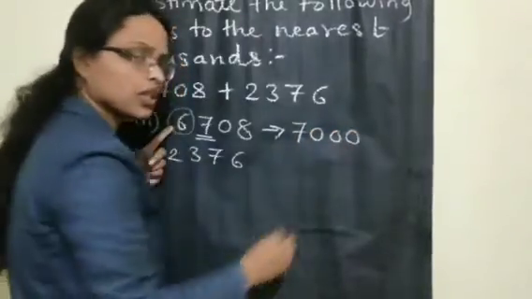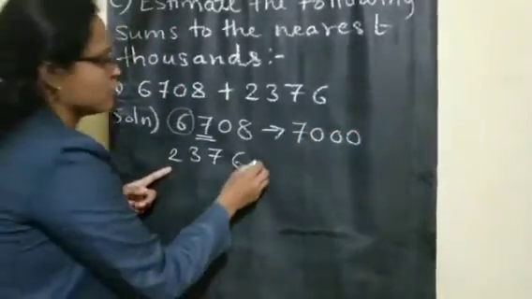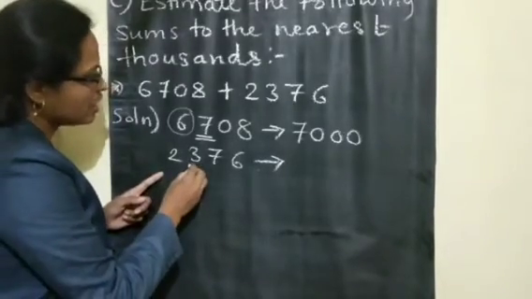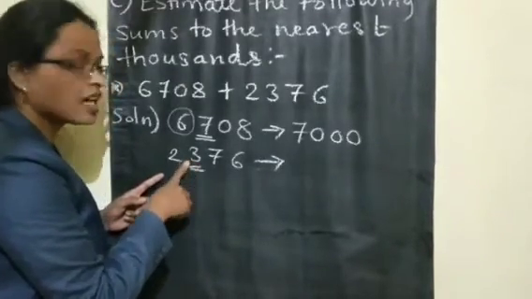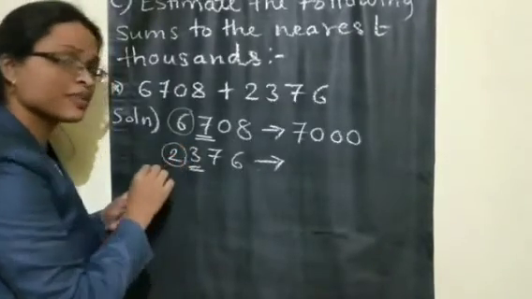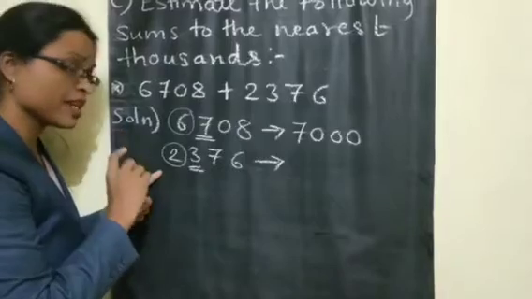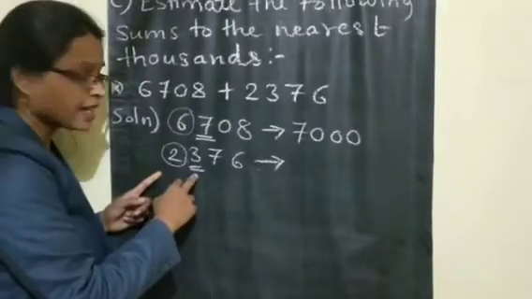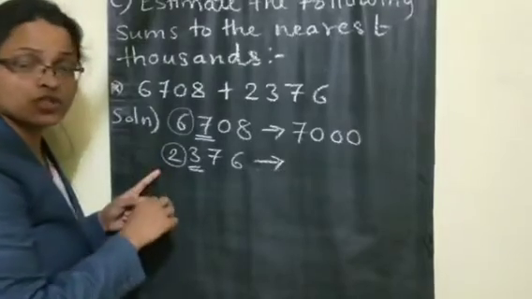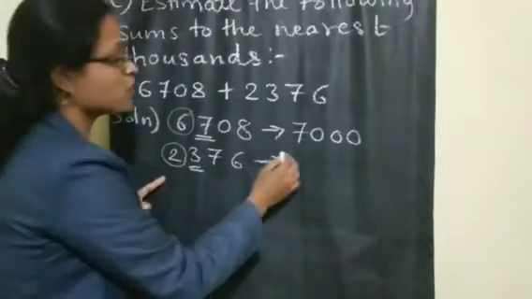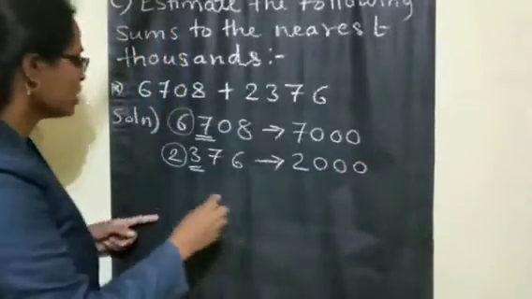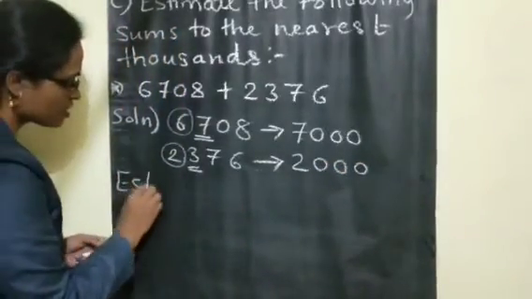7000. Okay. And now for the downside. Let us observe the 100 place again. In the 100 place which number is there? 3. So now will the 1000 place change or remain the same? It will remain the same. In the 100 place it is 3, which is less than 4. That's why this 1000 place number remains the same. So 2000 will remain the same. It will not change.